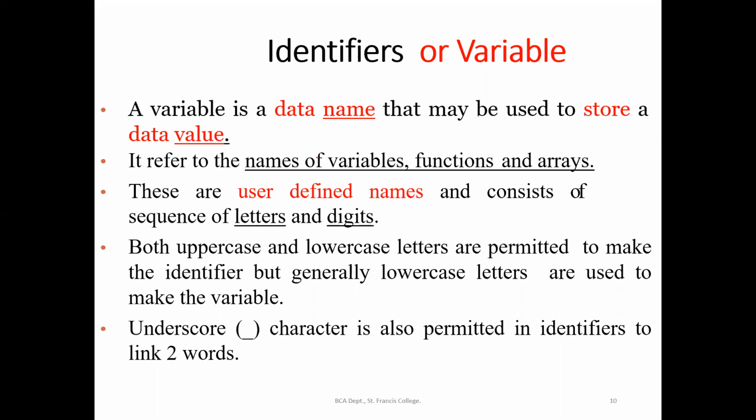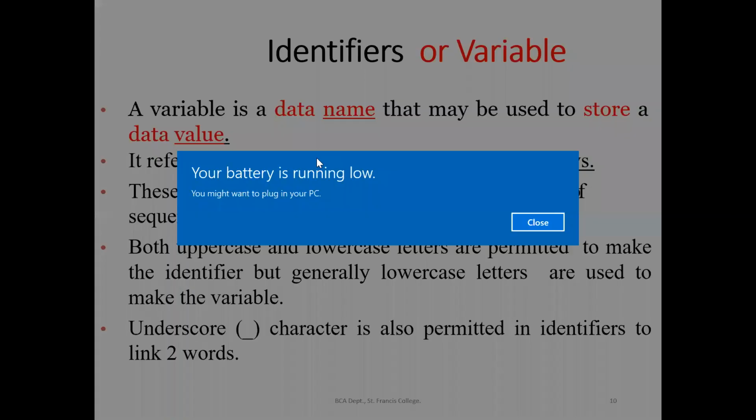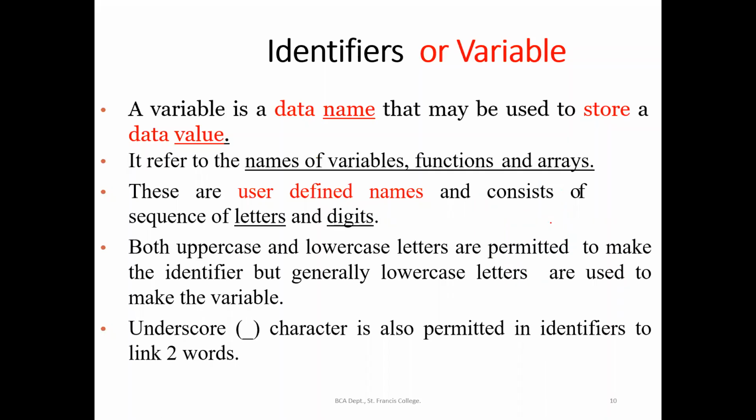Now, tell me an example of a data name. Suppose I want to collect the names of all students. If I want to collect the names of all the students, I should use a variable. What can be the name of the variable? When I'm sending the Google form, I want to collect the name of each of the students. What name was I using? I was using the field name as full name, or I can give student name, right? So that is a variable. That same variable should be accepting the names of all the students in the class, right?